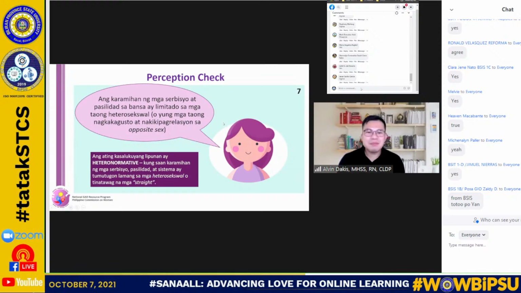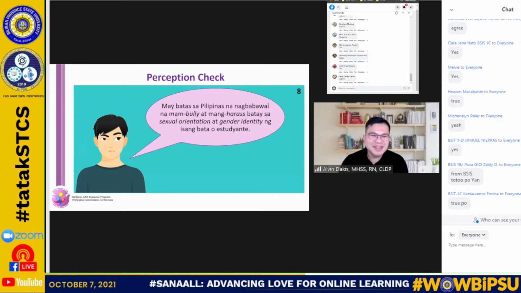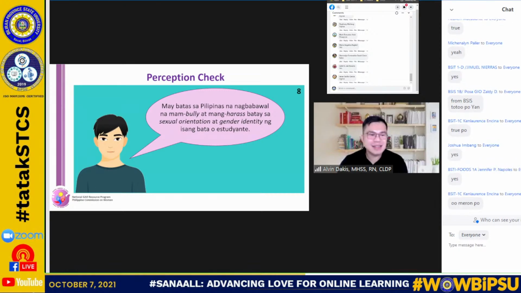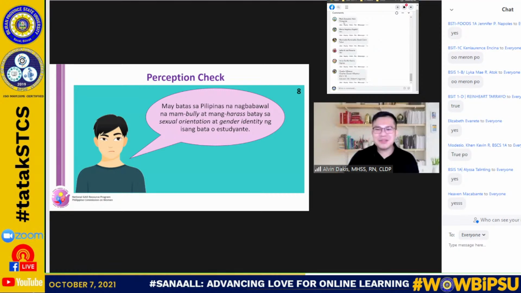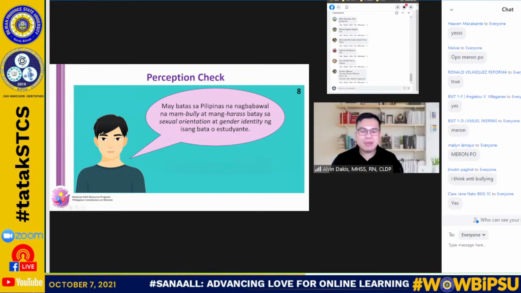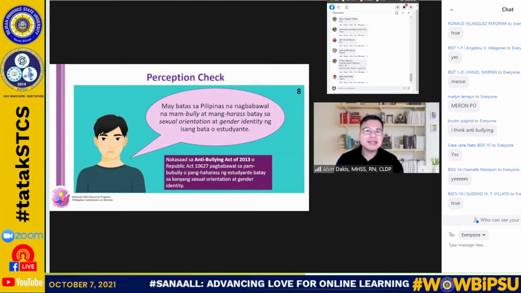May batas sa Pilipinas na nagbabawal na mambuli at mangharas batay sa sexual orientation at gender identity ng isang bata o isang estudyante. O ito, sa eskwelahan. Meron bang batas na nagsasabi? True? Yes, meron po ba? Yes, ang sagot ng meron daw. Okay. Aware ang mga tao tungkol sa batas na ito. Very good. Nakasaad sa Anti-Bullying Act of 2013 or Republic Act 10627 ang pagbabawal o pambubuli o panghaharas ng estudyante